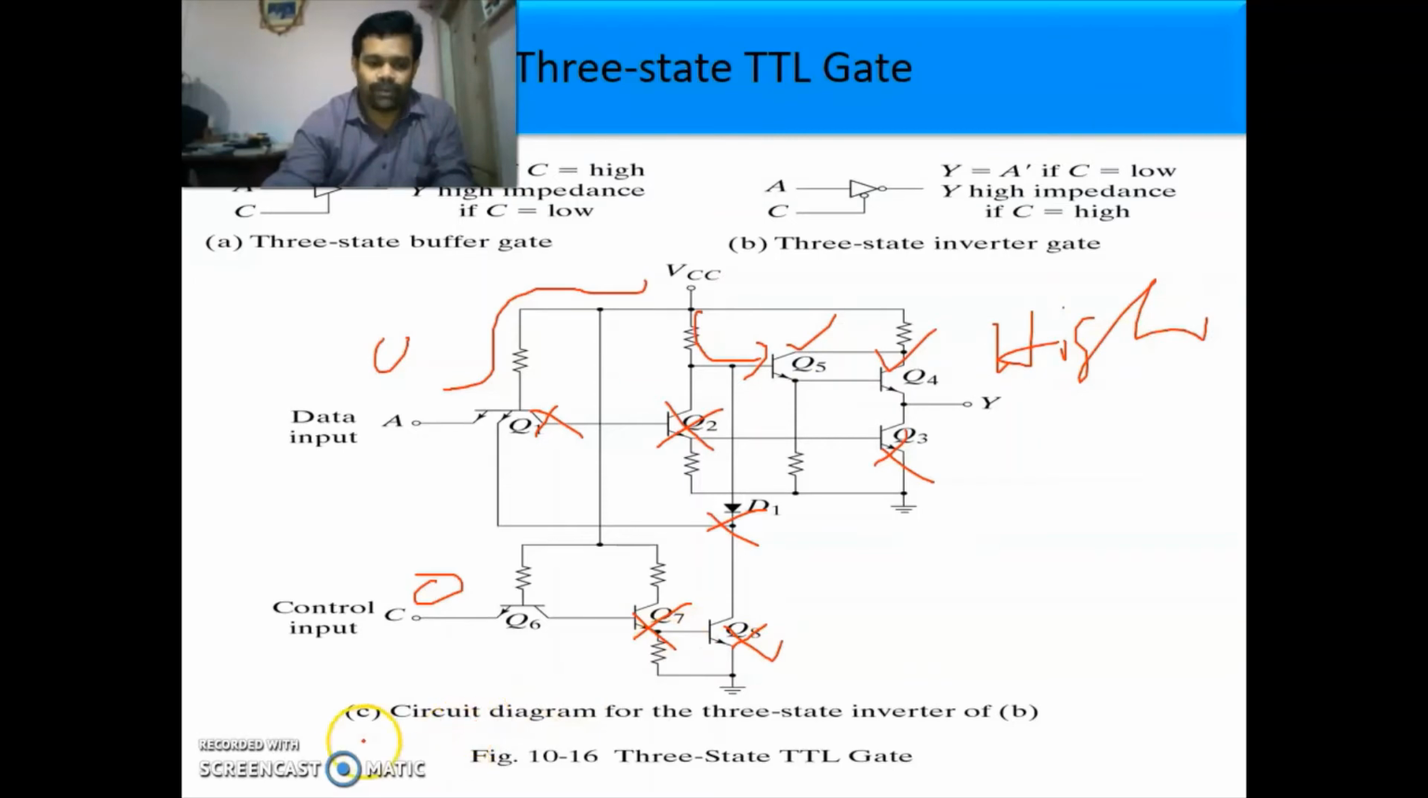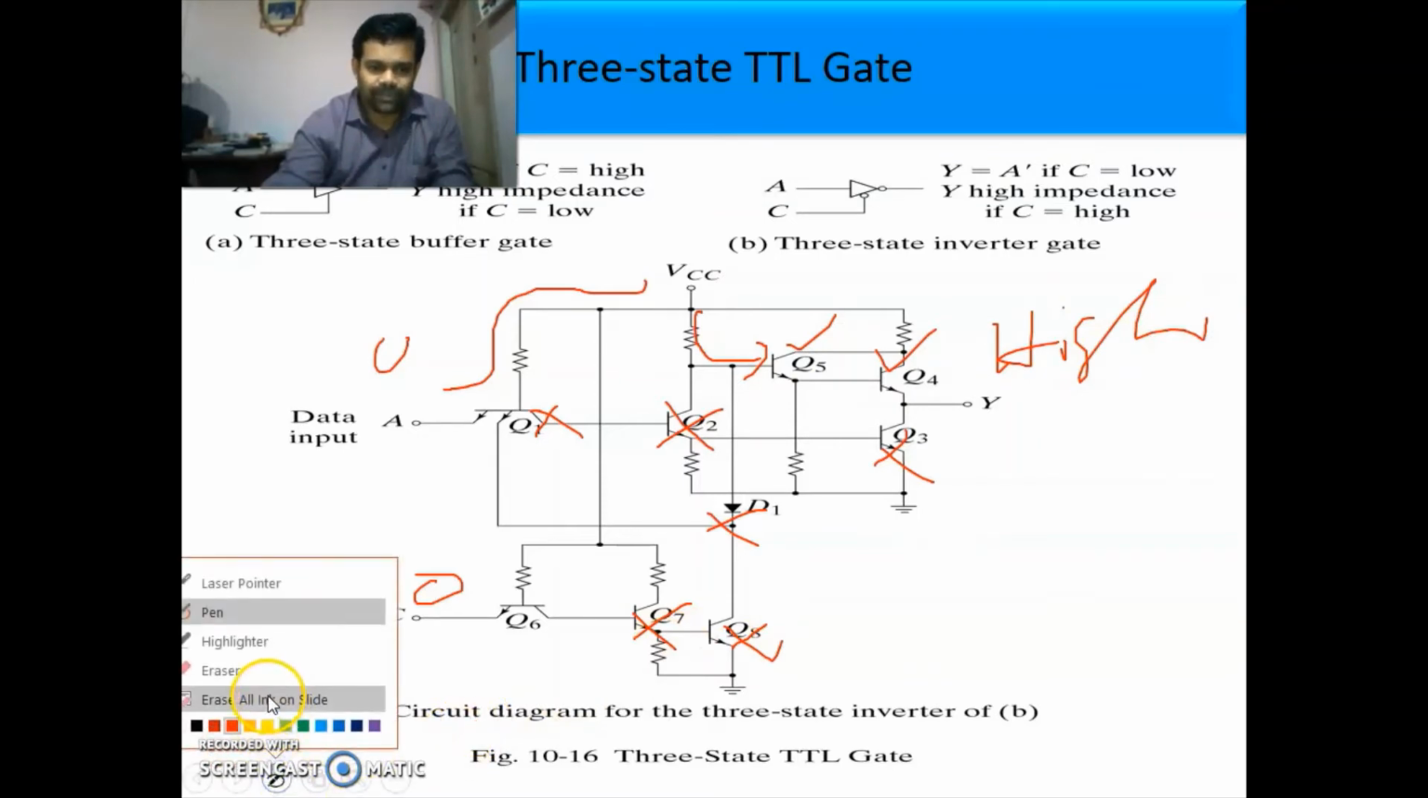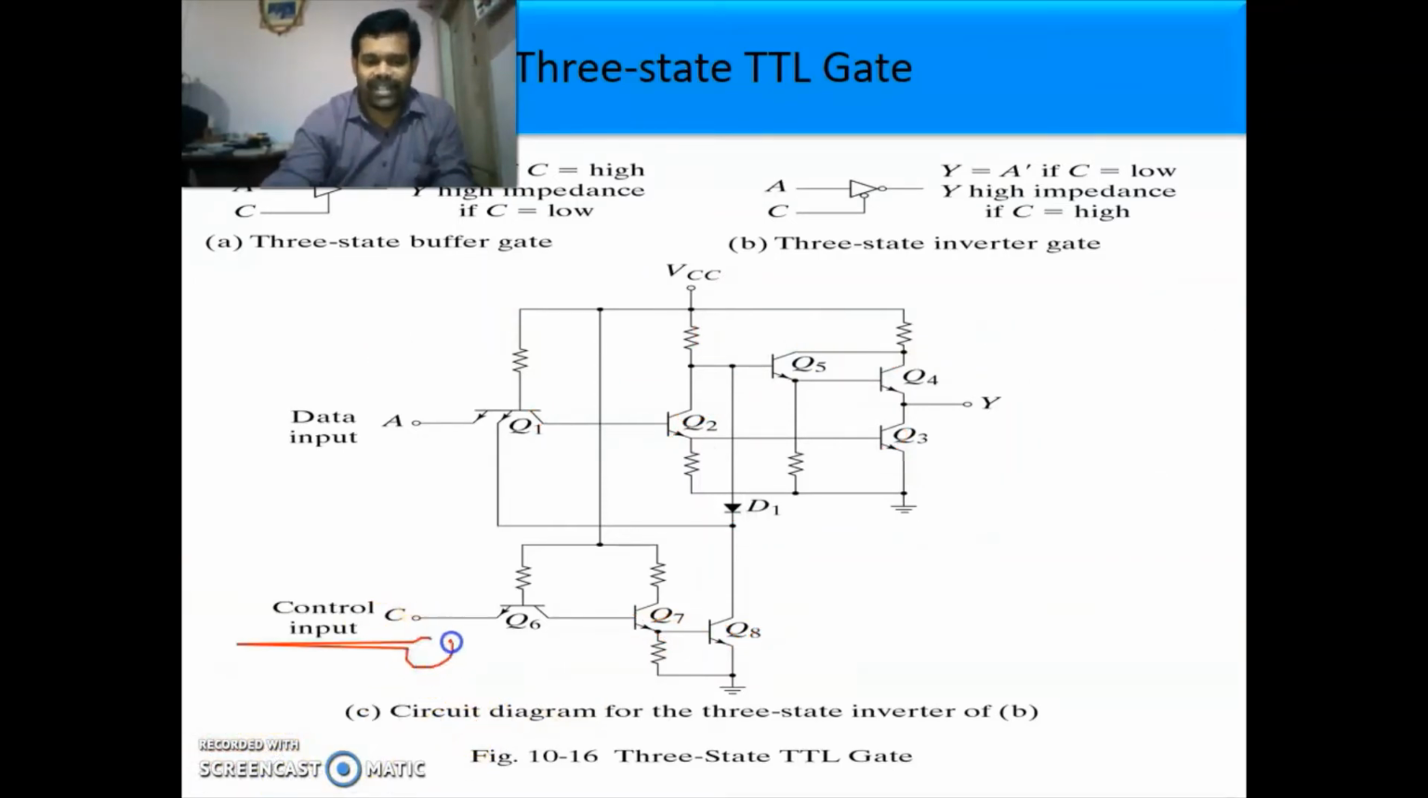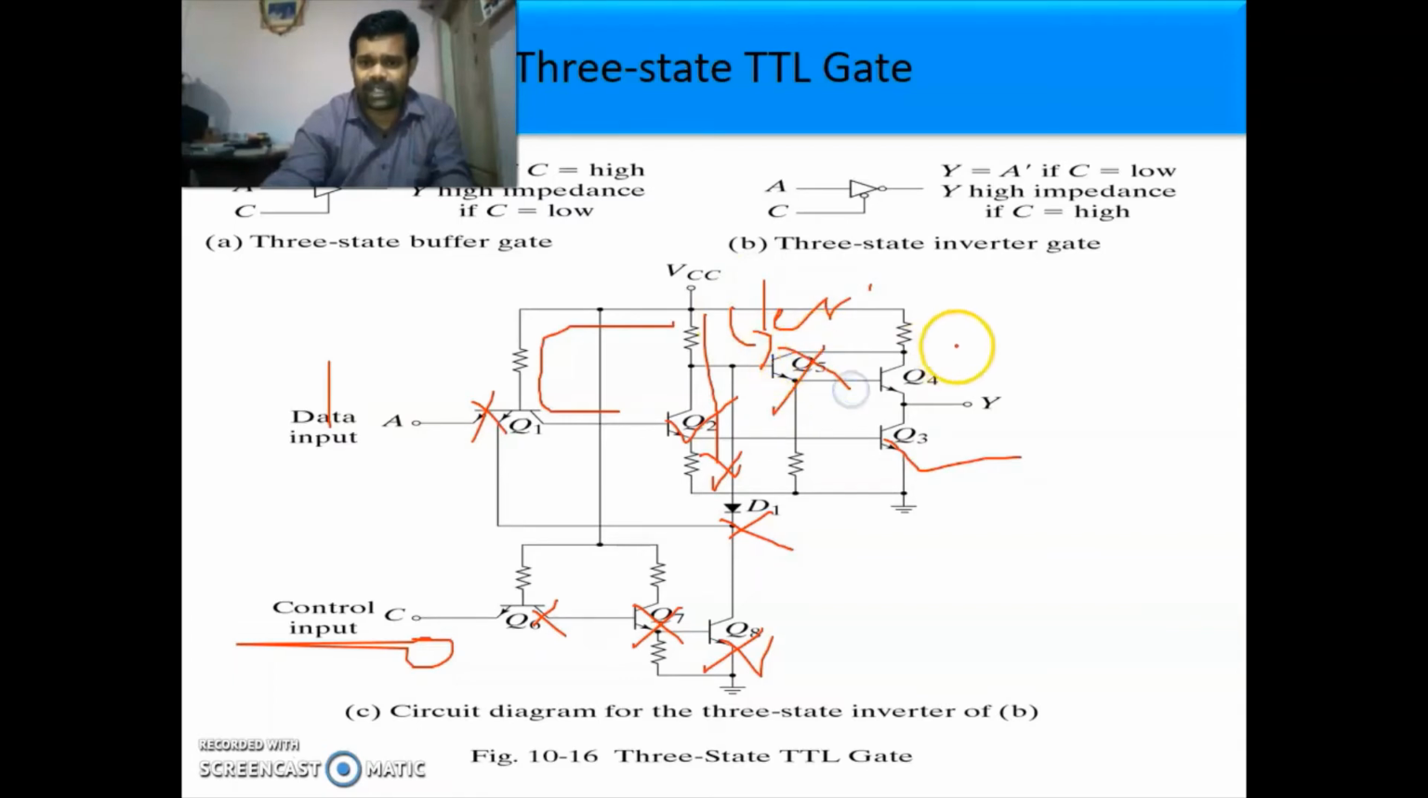Now C is 0, so this is not conducting, this is not conducting, this is not conducting, this is not conducting. I am giving data as 1. So this emitter base junction is reverse biased, so it will not conduct. Current starts flowing in this direction, it will make Q2 on and Q3 on. Since Q2 is on, more current will be coming in this direction, so the amount of current in this direction will be less. So Q5 will not conduct and Q4 will not conduct and Q3 conducts, and output is